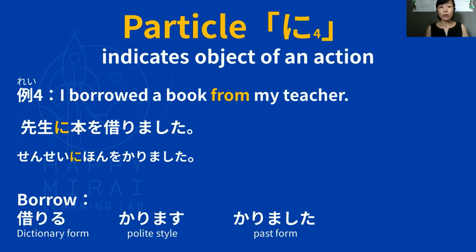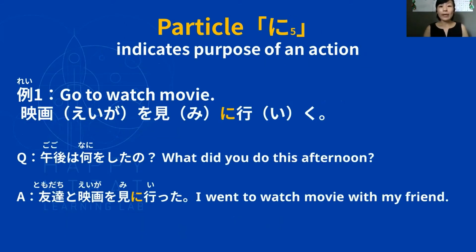And 例4. I borrowed a book from my teacher. Yeah, please pay attention. Over here, it translated to from. Yeah, 先生に本を借りました。Yeah, so over here, the verb is borrow. 借りる. Yeah, dictionary form. 借ります。polite style. 借りました。いいですか? Past form. Yeah. Okay, so basically the past form over here is the ます changes to ました. はい。